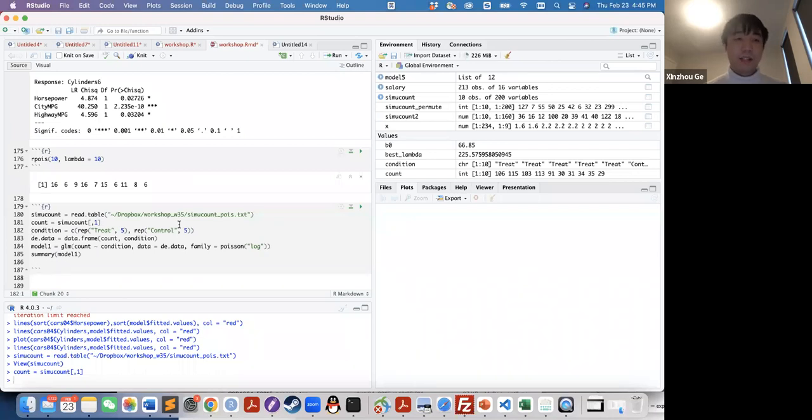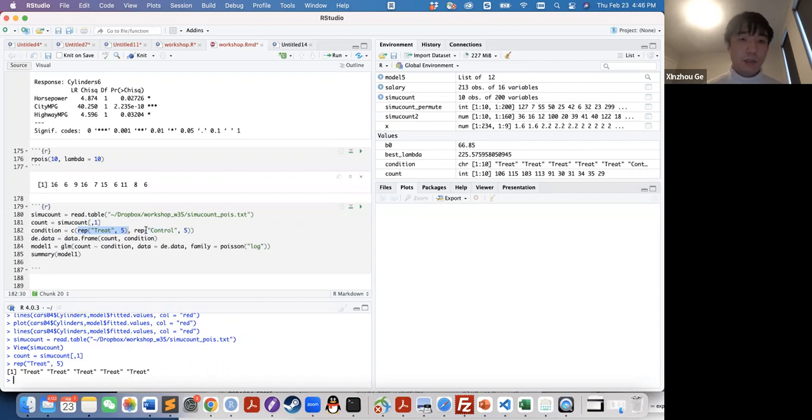So we can use this command to generate such a vector. The rep treat 5, this command will give us a vector with 5 treats,